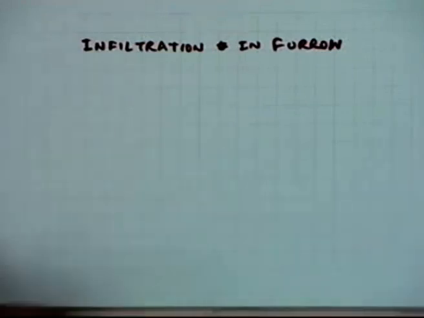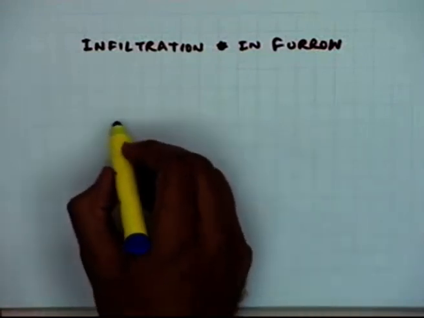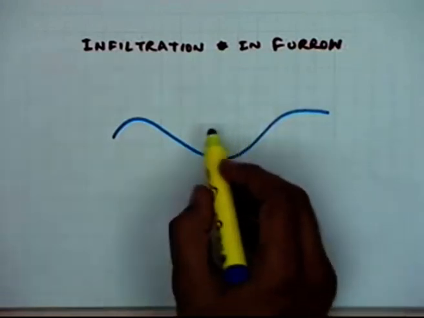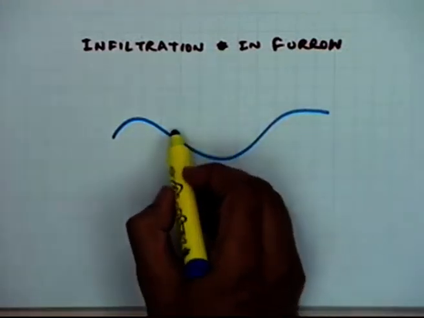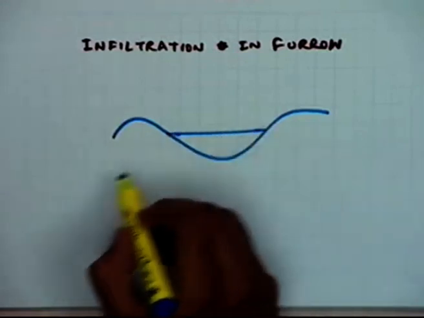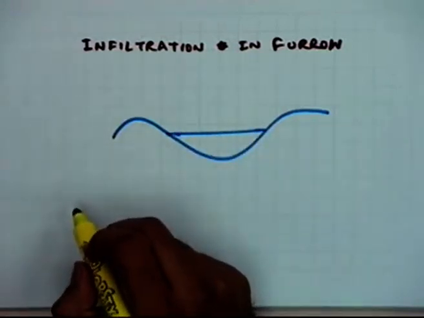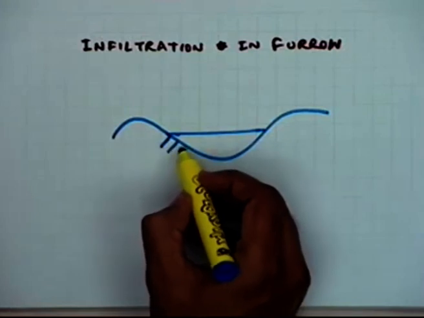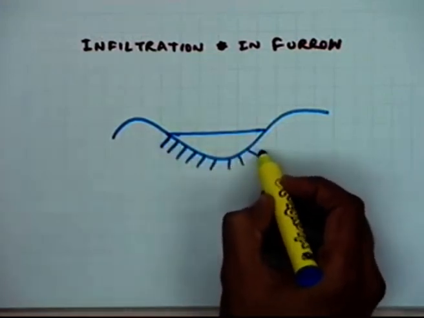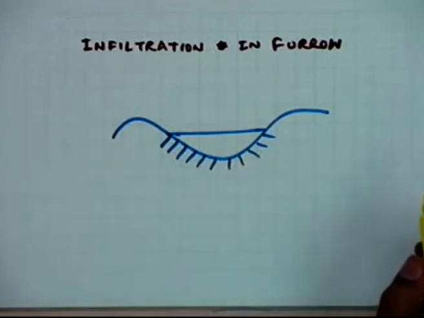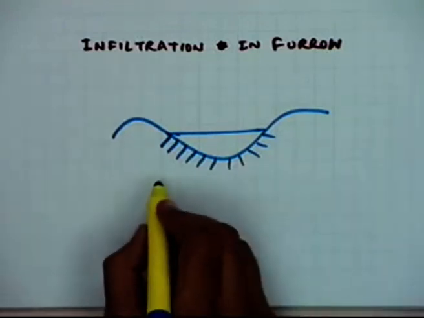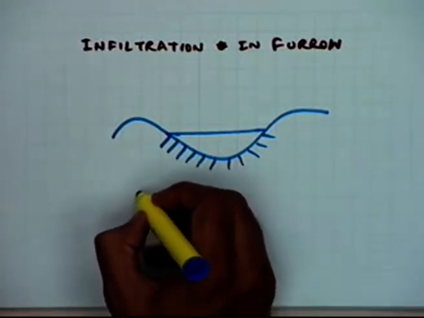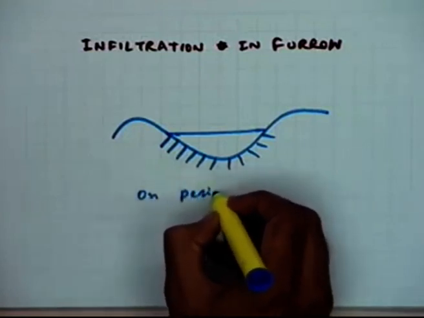Because in the case of a furrow, if this is one segment of the cross section of the furrow, this is your water level in the furrow. In this case, the infiltration is taking place along this perimeter. So the major difference is that the infiltration is taking place on the perimeter of the furrow,